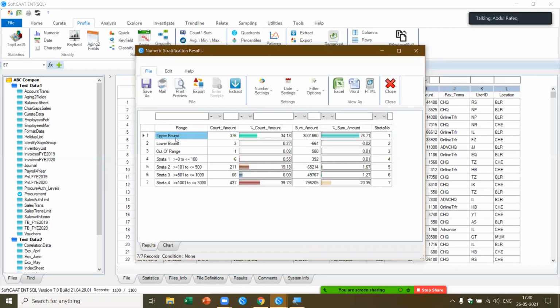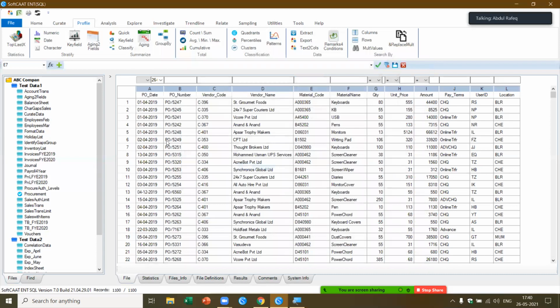Now you see, upper bound means what is beyond the maximum limit which I gave. Lower bound means beyond the lower bound which I gave, and it also gives me what is out of range. So I'm able to get this information at one glance, which means I'm able to summarize the data. Let's say I want to get another perspective. Based on the value, I want to group them by each unique value of purchases. So I use a function called Summarise Quick.